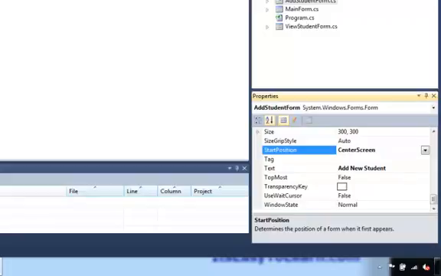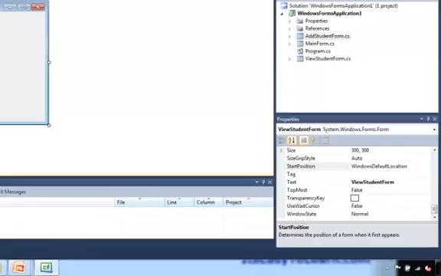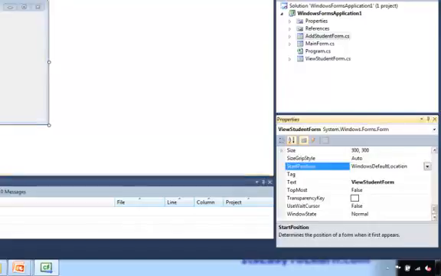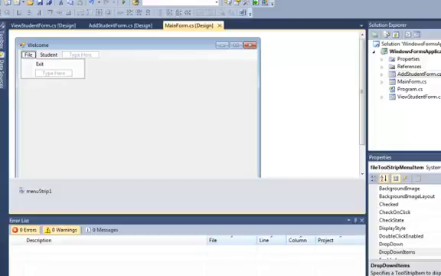Save it. Similar to the view student form, the Windows state we will change it to normal. We'll keep it as normal, and the startup position will change it to center screen. And save. Okay. Now let's go back to the main form and write some code on the